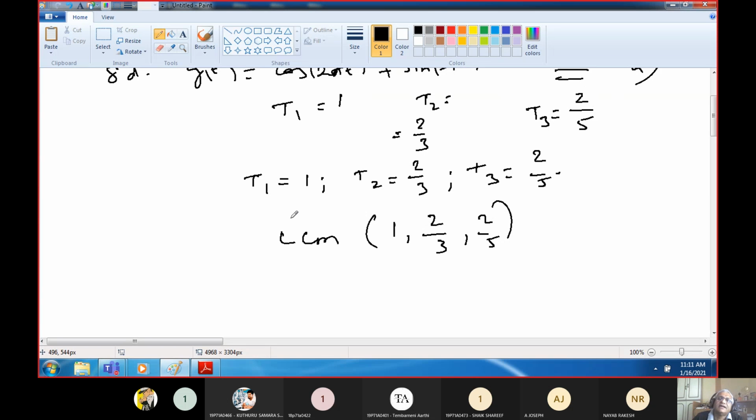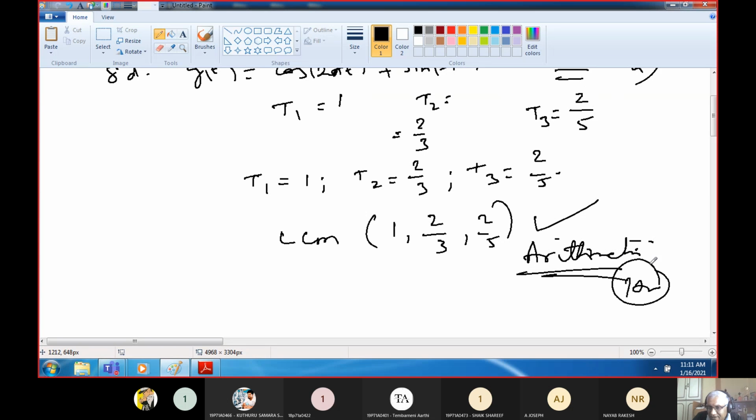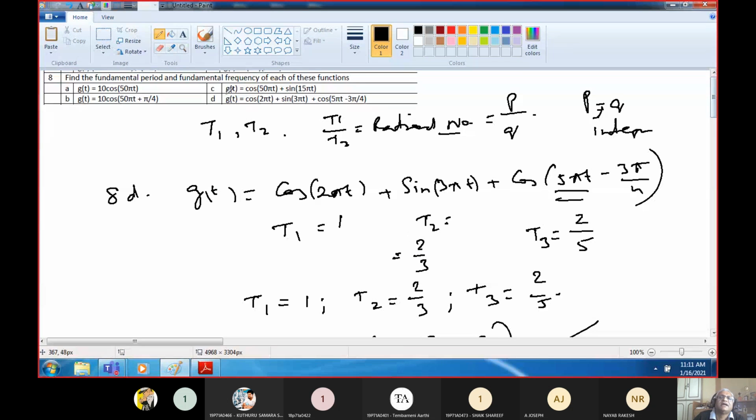So how will you find the LCM of these numbers? Okay, so this will be your arithmetic exercise as a homework. Why I am asking you to do this is, you need to spend a little bit of time thinking about all these things so that you remember the formula. You remember the formula, think about these things, and you'll get the answer. Okay, so if you don't get it, obviously in the next round of discussions, whatever problems are there, we will try to give you the support.